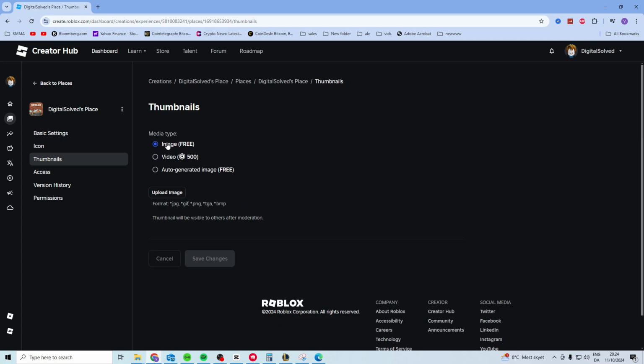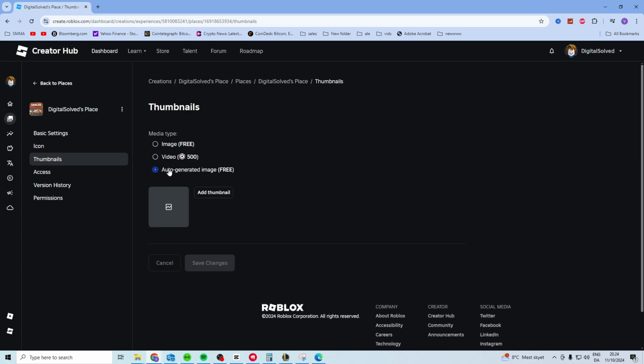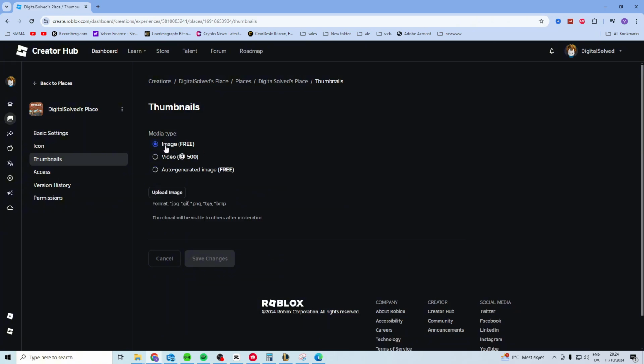Now, once you're in here, you can choose to upload an image. You can choose to upload a video, which could be a GIF or something. Just keep in mind that this one costs Robux and the other ones are free. Or you can do an auto-generated image just by clicking here, and it's going to auto-generate an image when you click add thumbnail. Now, if you want to do a custom one, choose image, press upload image, and choose the